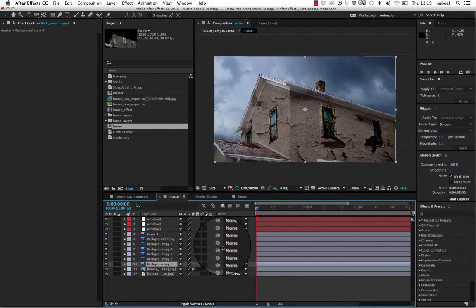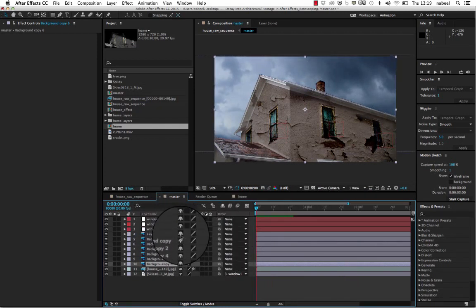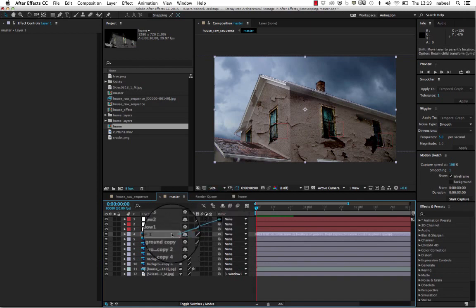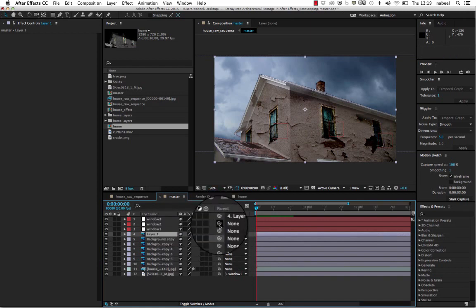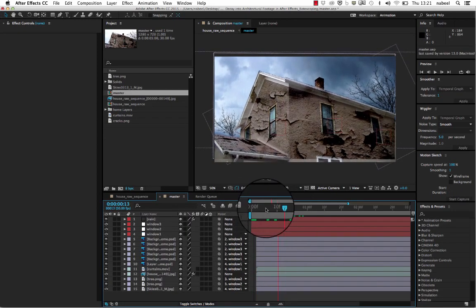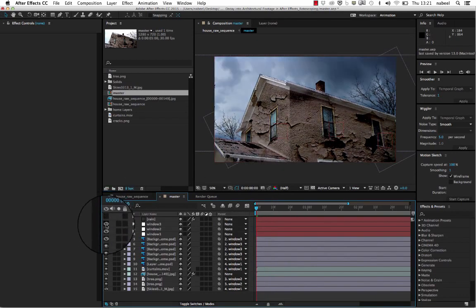So what we can do, again, we know that these windows are parent, so I can just simply go on every individual layer. So that's my layer number one. Okay, so I can just simply connect it to any window. I can just start doing the connection to the background. Okay, once you've parented everything,